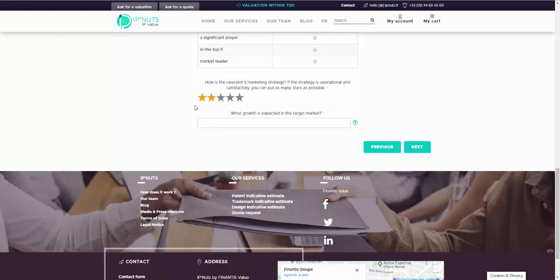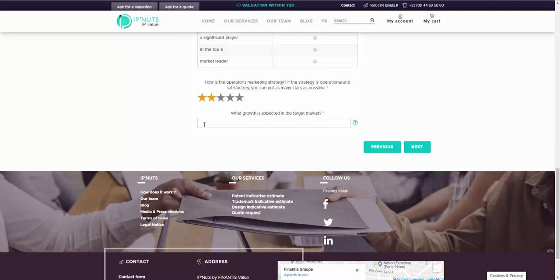Then next question, how is the operator's marketing strategy? So we are talking again about the operating companies. Regarding their marketing strategy, has the operator a satisfactory strategy regarding the way he will penetrate the market, the way he will sell the products, and so on? If it's quite perfect, or is ready to go and you are experienced, so you can put 5 stars, you have all the budget you need. But if it's not the case, you will be lower. So here you have to appreciate this with information you have.